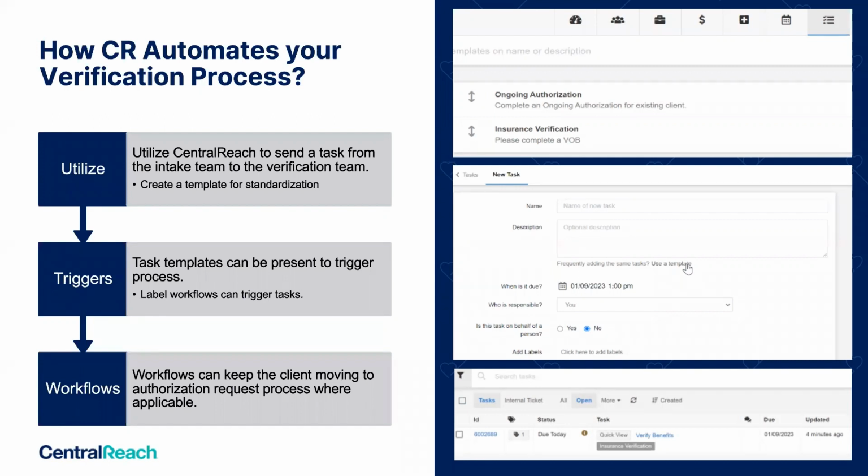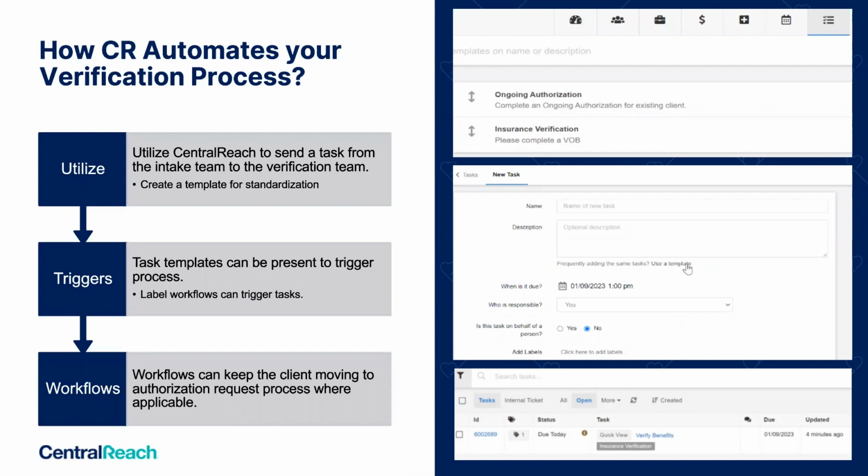And then finally, rounding out on the workflow end, how do workflows keep our client services moving? How do we keep authorizations allowing us to schedule? And where does the process take us next, wherever it's needed? So it's a flow chart system, all beginning with how we intake the information and what workflows we have next. For those of you on this presentation who are familiar with the system or maybe new to some